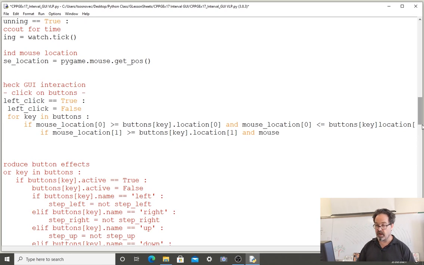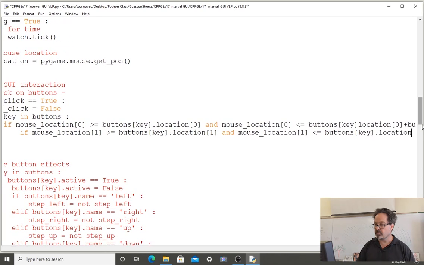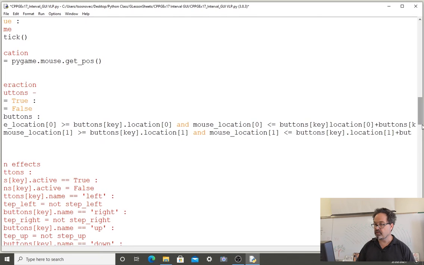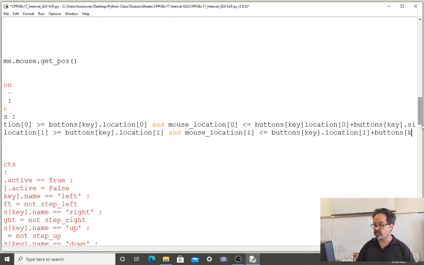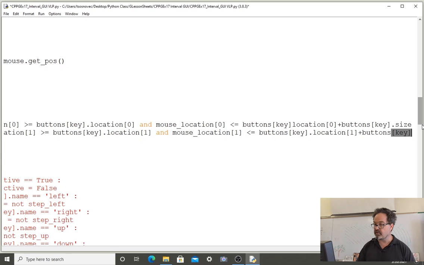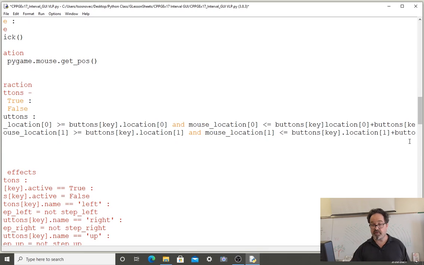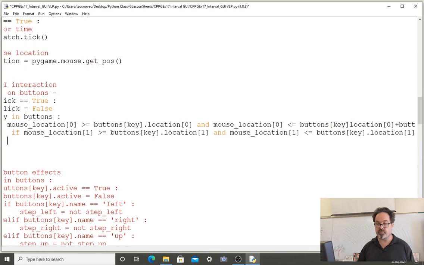So at the same time, as a composite condition, the mouse location Y value with an index of 1 has to be less than or equal to, in the buttons, the one with the current iterating variable key, location with an index of 1 for the Y value plus its size. In this case, size is being used as the height. If these two very long composite conditions are both true,